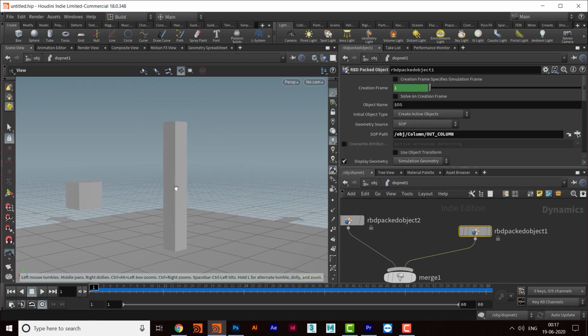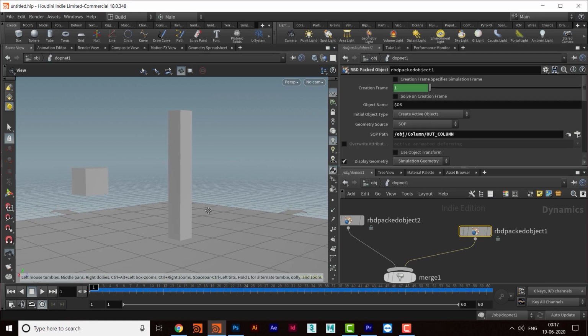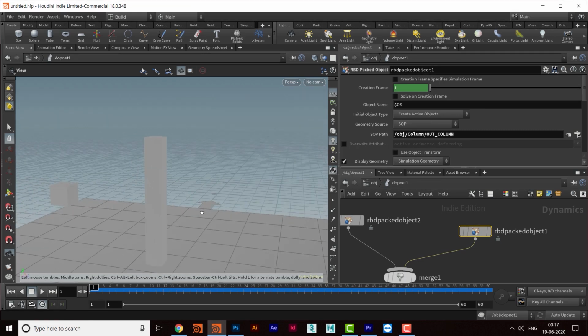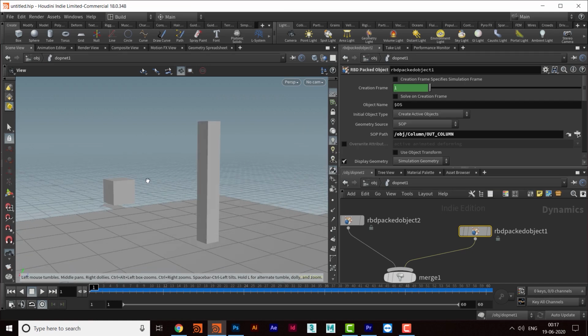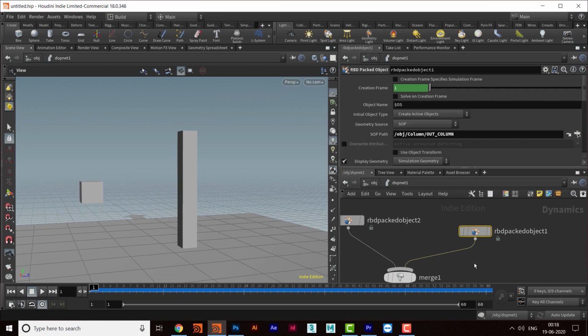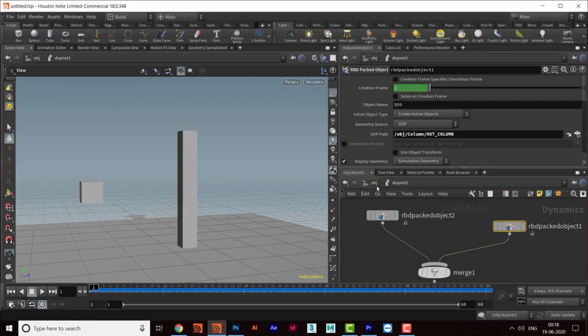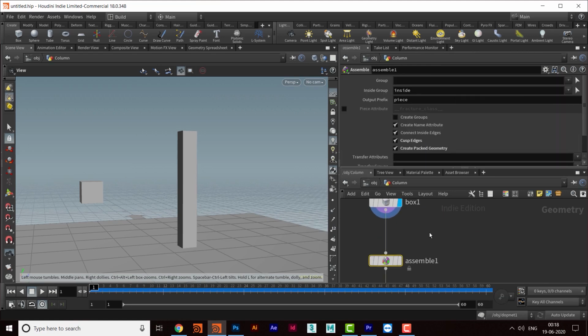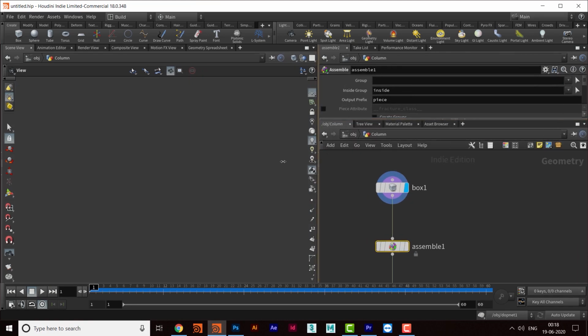But I really don't want this column to go down just like this. I have to create some option because I want to shatter the column. That means I have to change the column into different pieces, and this should be hit by the object and shatter out. So what I will do, I will go to GeoNode, and then in the column, now we have to create some pieces of the column.